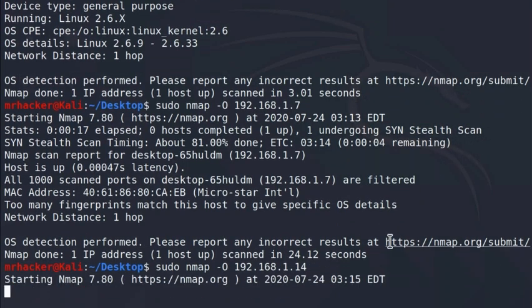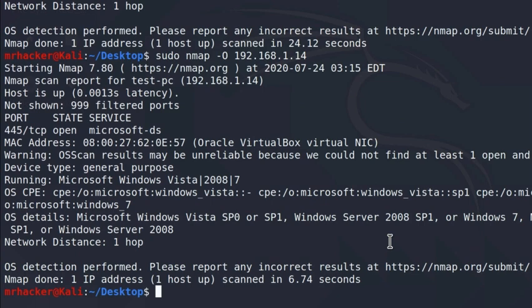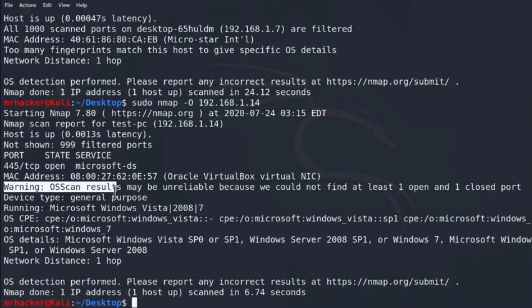Let's wait for this to finish. And it gives us a bunch of OS details. Up here we have a warning that says results may be unreliable because we could not find at least one open port and one closed port. It did manage, however, to find one open port, which is port 445, but all the other ports are filtered. However, based on this one open port, it tried to guess what operating system it has, and it was